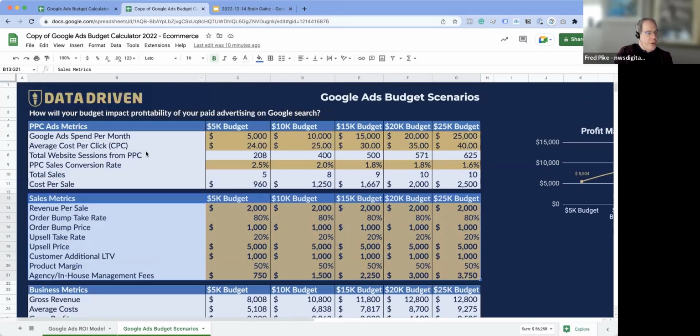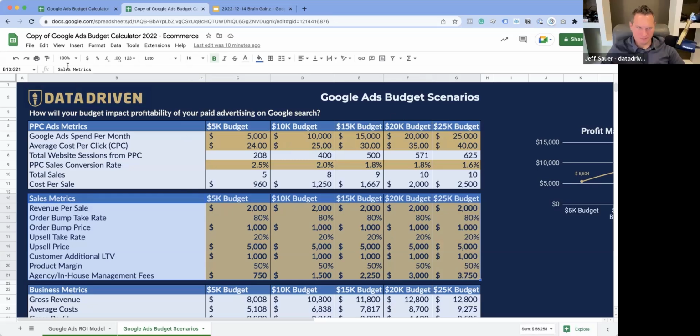So, did you say you have a different version for lead gen sites? Yep. Okay. Yes. I don't know if I have a Sheets version of it that I can just pull up, but we have one. It's in the resources for the insiders, and it's tied to the Google Ads course as well. I wanted to just stick with one calculator here versus do 10 of them. And I also wanted to just get the idea going for the brain gain.